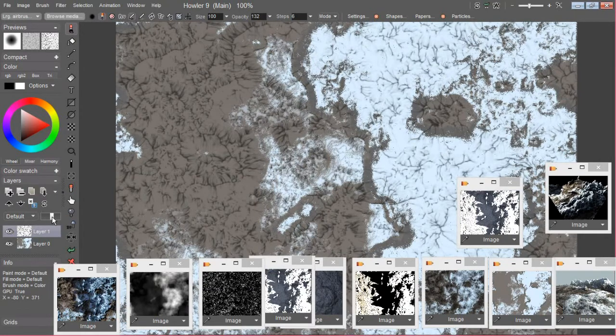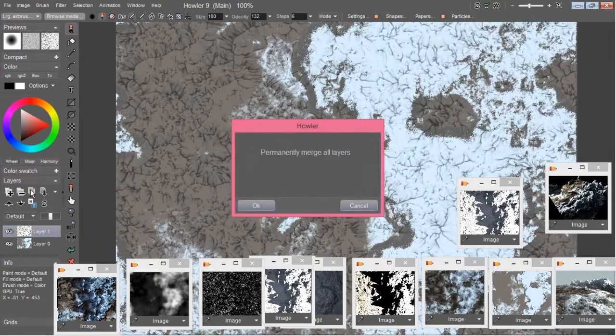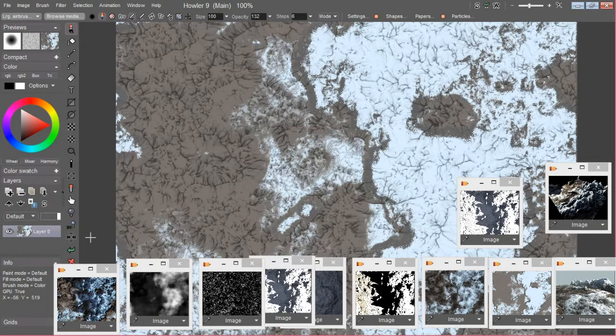And I'll put it right about there, and let's think, is there anything else I want to add to this while I'm at it? Probably not, at least on a layer. Let me go ahead and merge these. There's a button that merges those on the layers panel. Hit OK. This might be where I want to add my lighting, so I'll go ahead and add a layer